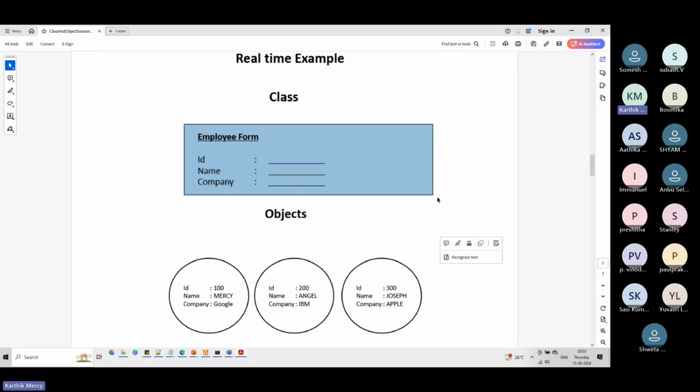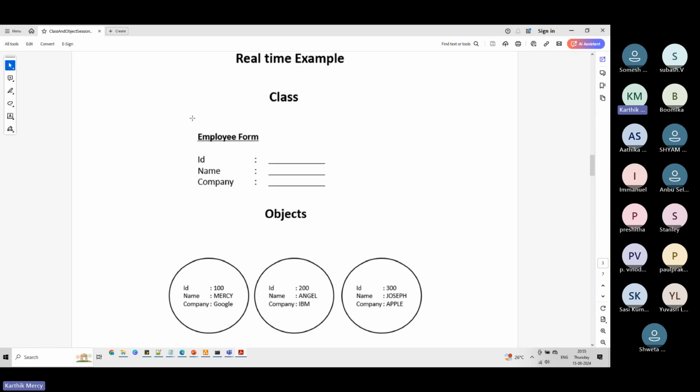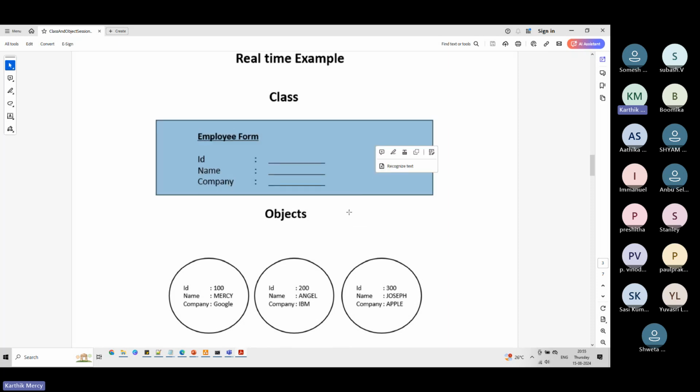This is what we have actually seen. We know that this employee form is a blueprint, and when it gets printed, that becomes an object. This employee form has ID, it contains name, and it contains company. Now I just want to write a class with these details.